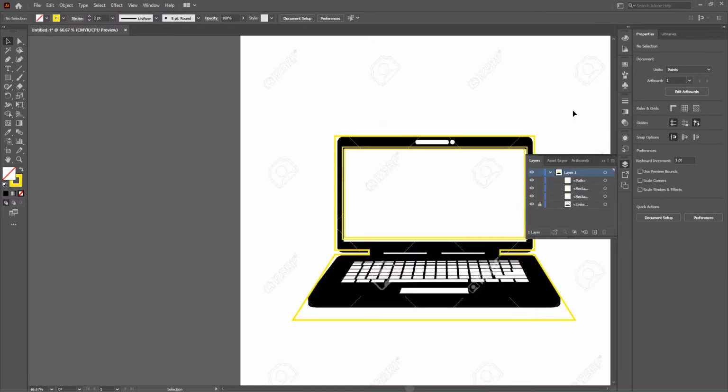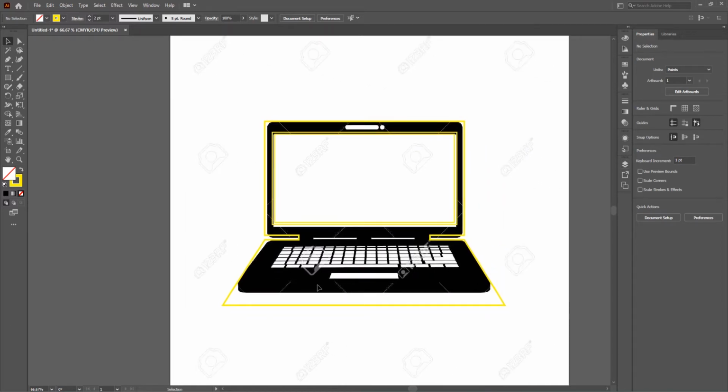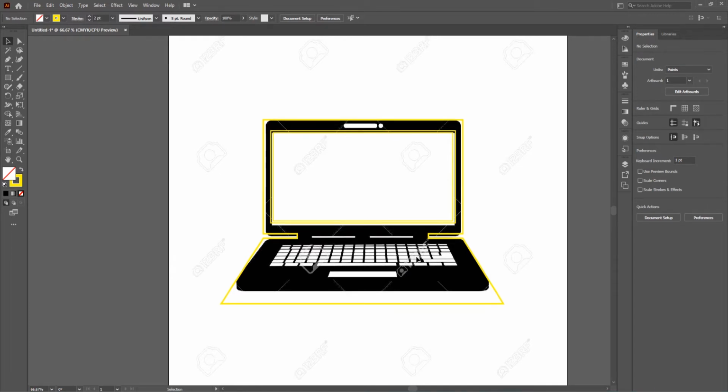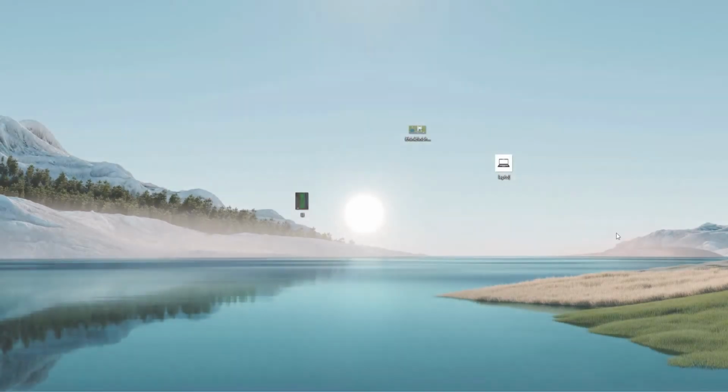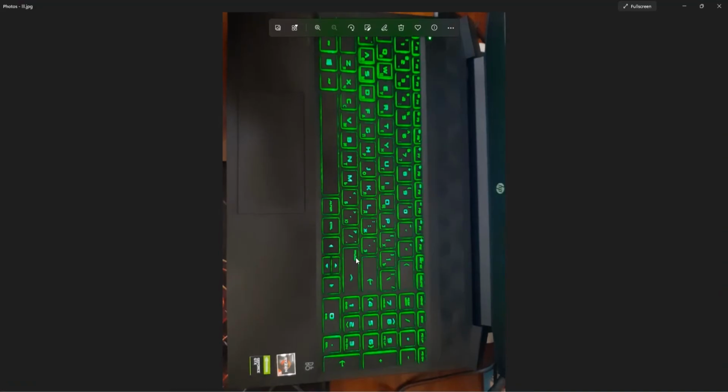So we're back. And the next thing is to make a keyboard and a touchpad. And for that, I have actually taken a picture of my laptop's keyboard. Let me download the picture. So this is the picture I have